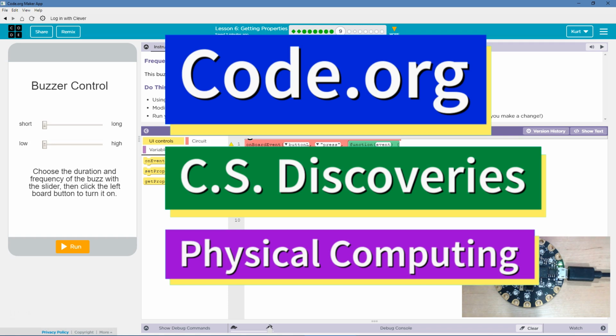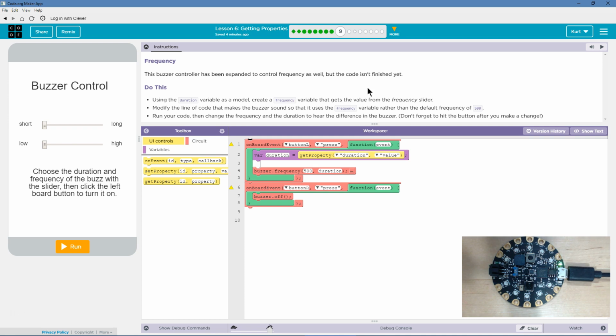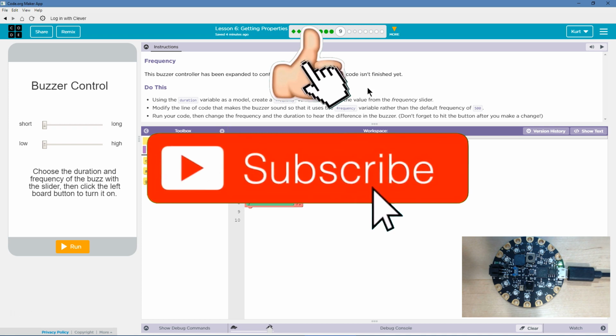This is Code.org. I'm currently working on CS Discoveries, their physical computing unit. I am on lesson Getting Properties. Let's see, frequency. This buzzer controller has been expanded to control frequency as well, but the code isn't finished yet. Do this: using the duration variable as a model, create a frequency variable that gets the value from the frequency